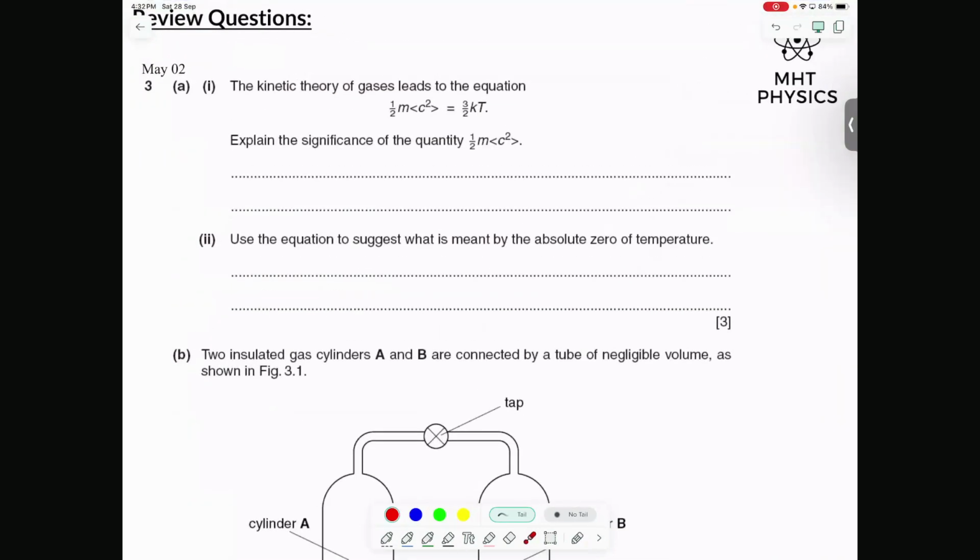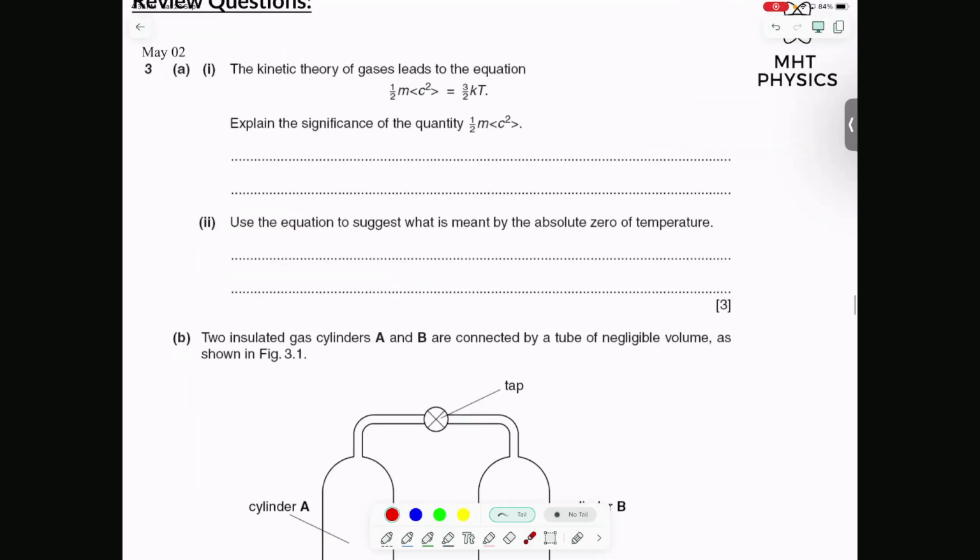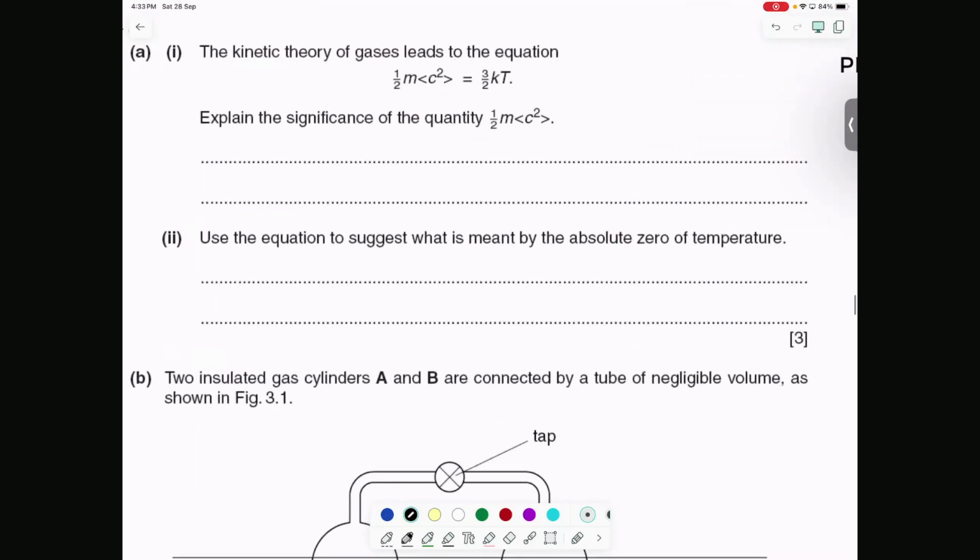Okay, it says that kinetic theory of gases leads to an equation half mc squared equals 3/2 kT. The question is: explain the significance of the quantity half mc squared. What is this actually? It is the kinetic energy of the particles in a system, right? That's not enough, because here c is not just a single velocity, c means we are taking the average velocity of the particles, okay? So the correct definition, if the exam asks for it,